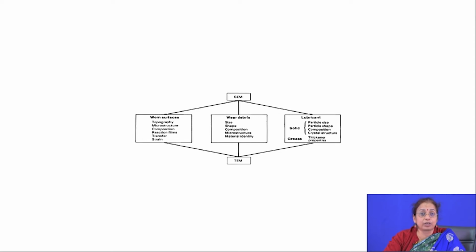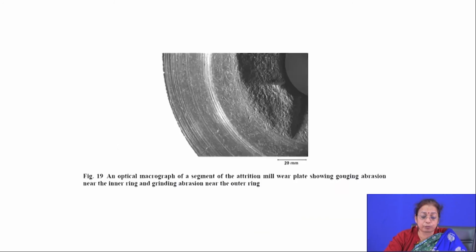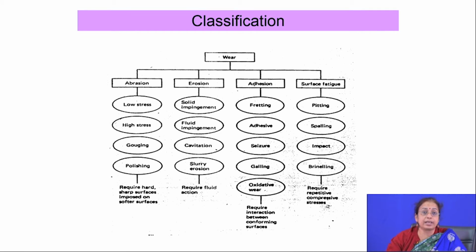scratches. When you talk about high stress abrasion, on the surface there is formation of deep scratches as well as big holes. When you talk about polishing wear, the surface looks polished in nature. When you talk about gouging wear, again on the surface there are big holes. Along with that, there are also scratch marks. So, these features are very important to note down, otherwise it would be very difficult for you to recommend the typical surface treatment technique you are applying for combating that kind of wear.